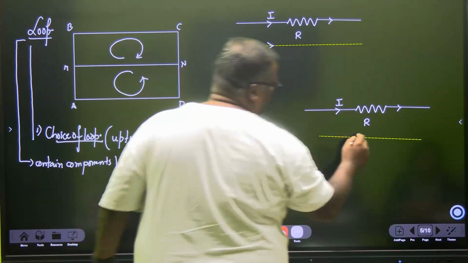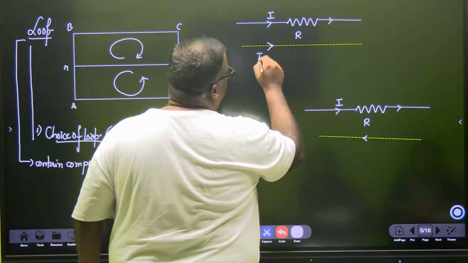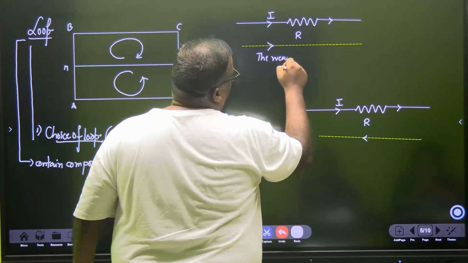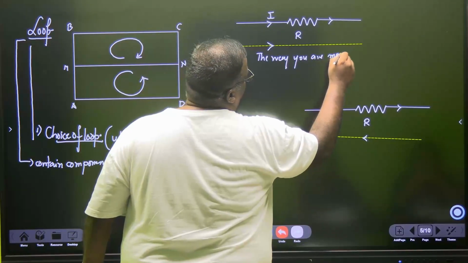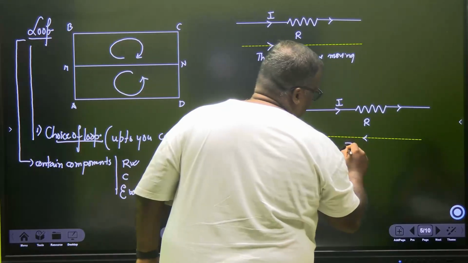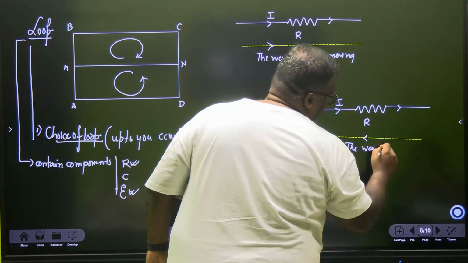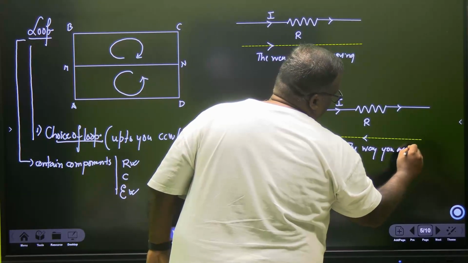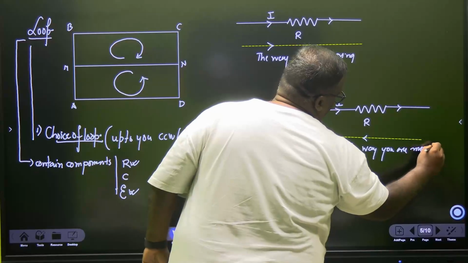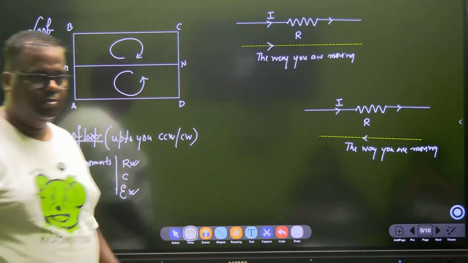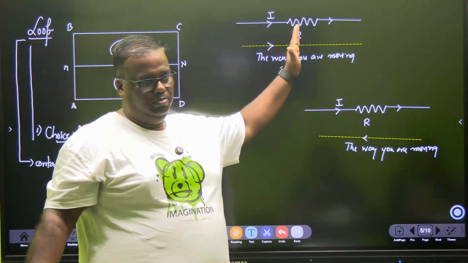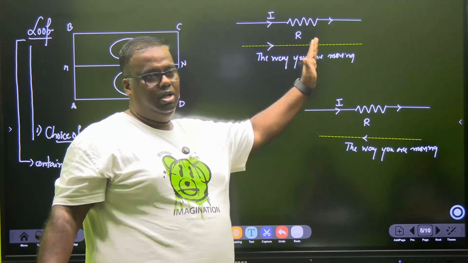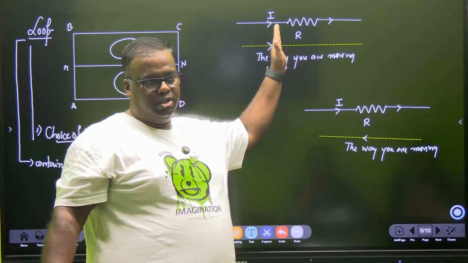This is the way you are moving. Understood? Okay. If you are moving in this direction, and the current is going in this direction,